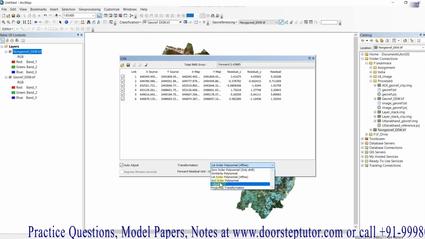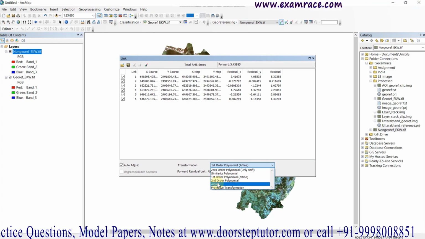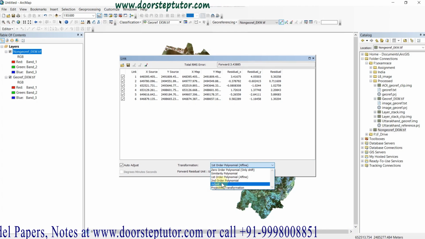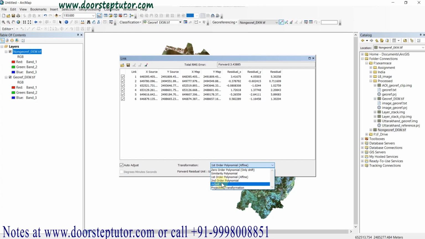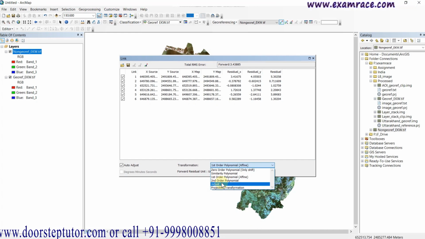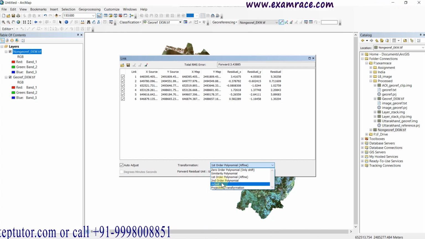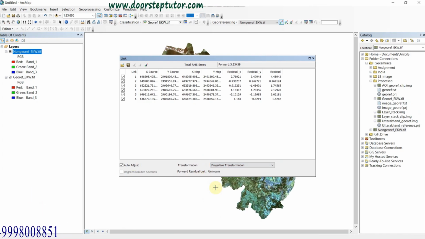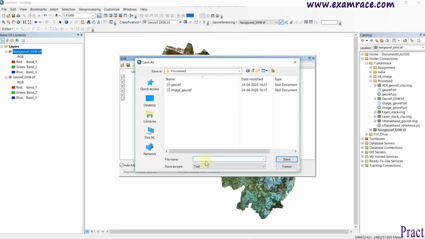And the adjust is one of the things. Both images, the non-georeference image, will adjust on the basis of the georeference one. It will depend on the software algorithm. I am going with the projective transformation system, and I am going to save my control points.